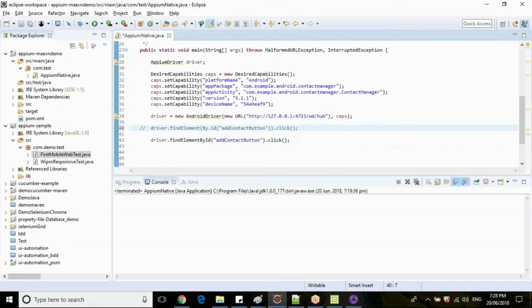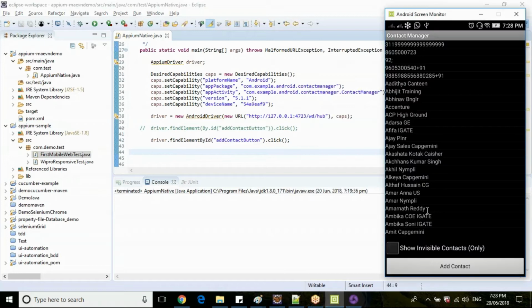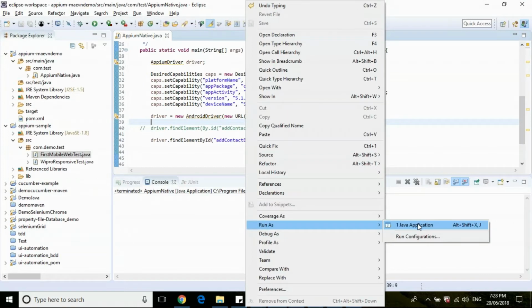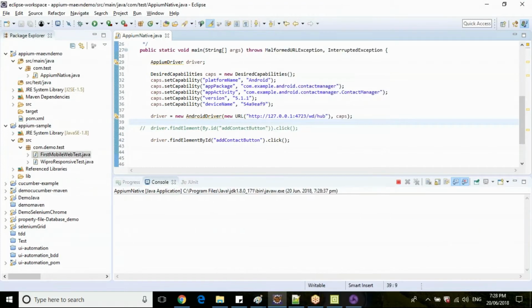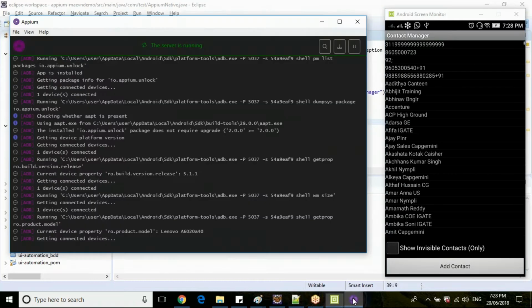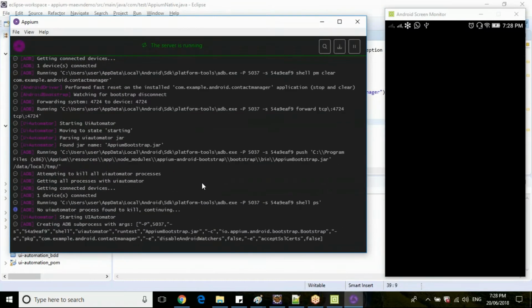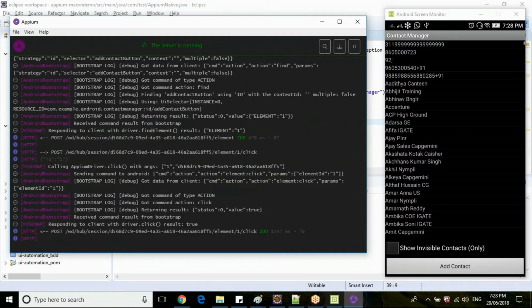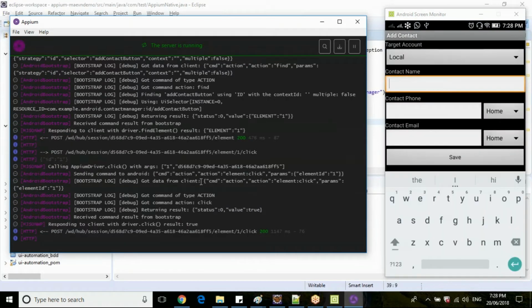Let me comment out the above one. Now let's see this click operation. We will inspect the other elements later. I have executed this one. Launch the operation. Now it has clicked on add contact.